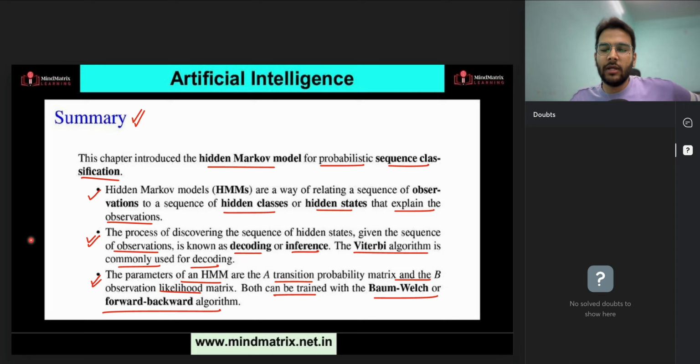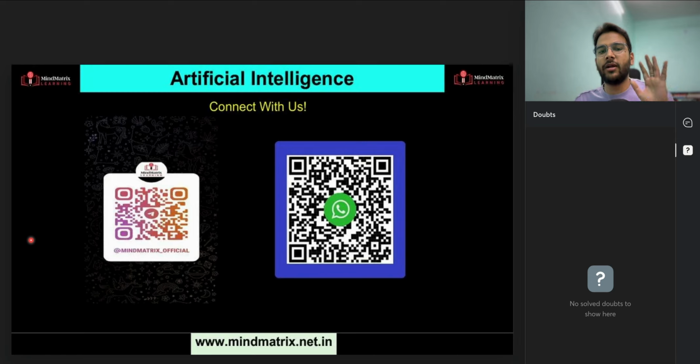Okay, clear? So you should know all these 3 problem statements clearly, what each is talking about. If I say forward algorithm, where we are using it. If I say Viterbi algorithm, where we are using it. If I say forward-backward algorithm or Baum-Welch algorithm or EM algorithm, where we are using it. So learning, decoding, and likelihood, you should be clear with that. This is important from this point. One question I will be covering tomorrow, and I will also be starting with